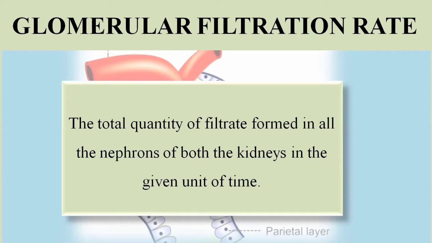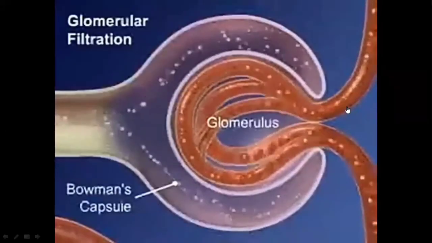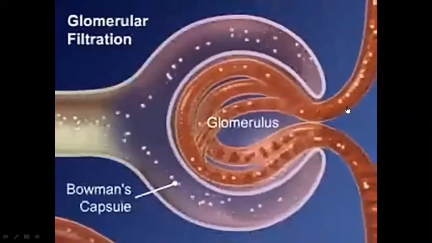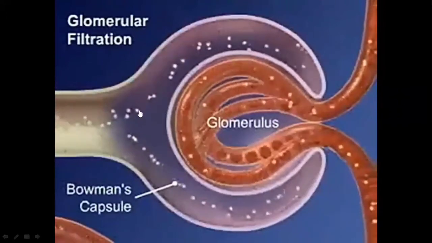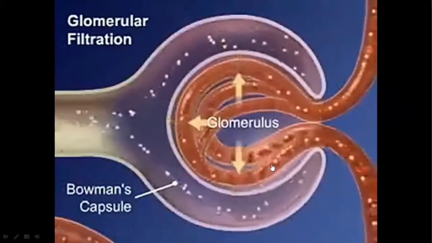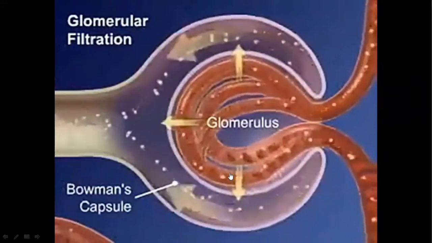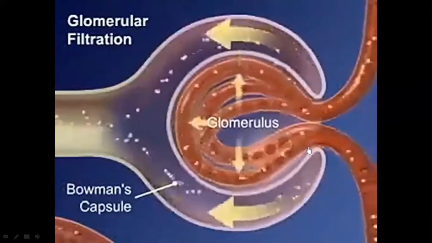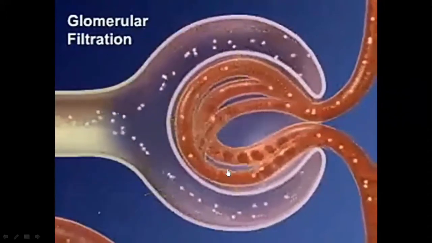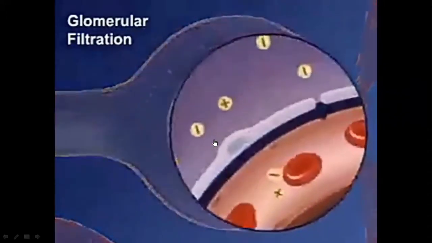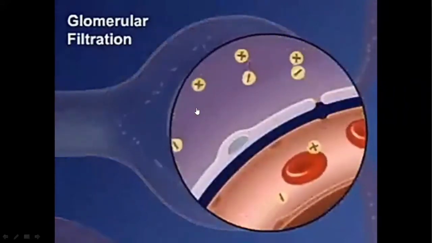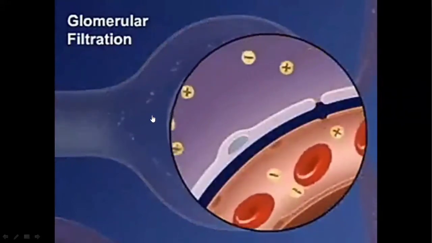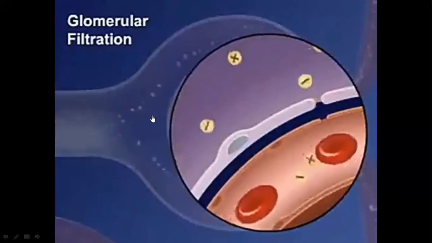So glomerular filtration rate, or GFR, tells about the amount of the filtrate formed by the glomerular capillaries. This filtrate is formed because 650 ml per minute of blood enters into the glomerulus, and out of this blood, the filtrate is formed, composed of the plasma and other soluble substances. This filtrate formed is 120 milliliter per minute.